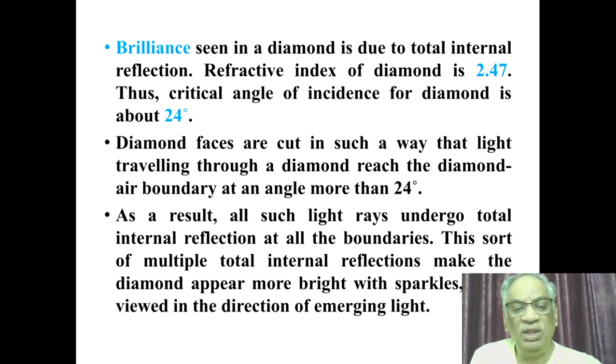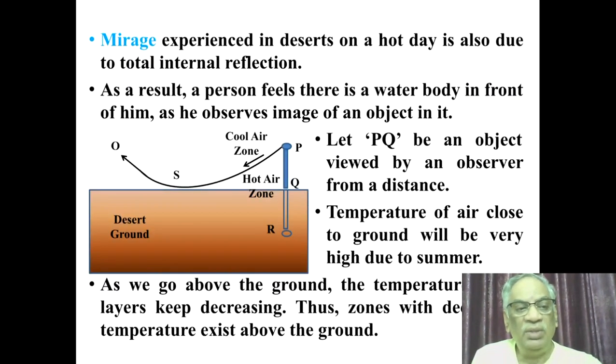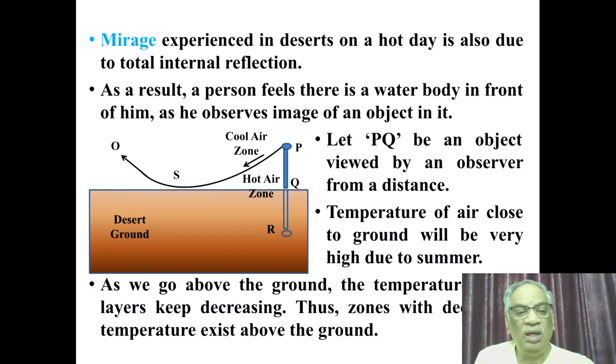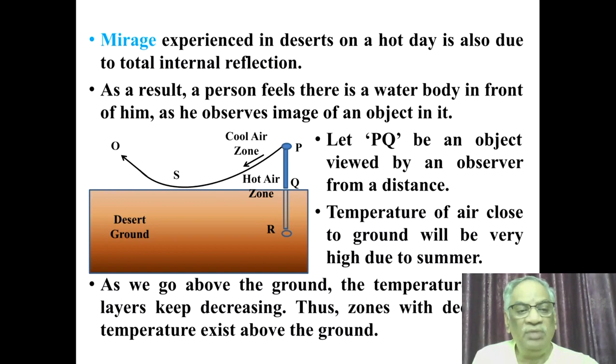From any surface, if you see the diamond, it sparkles. Total internal reflection is the reason for this brilliance observed in diamonds. Another example is the mirage experienced in deserts on a hot summer day, which is also due to total internal reflection. In the slide you can see there is a desert land and a person is watching an object PQ from a distant point O, and the light rays from the top of the object P travel in different directions towards